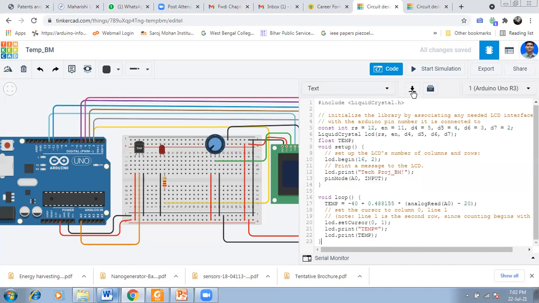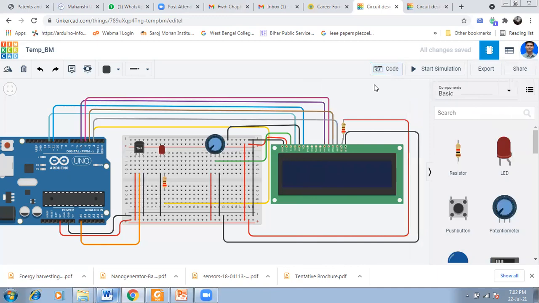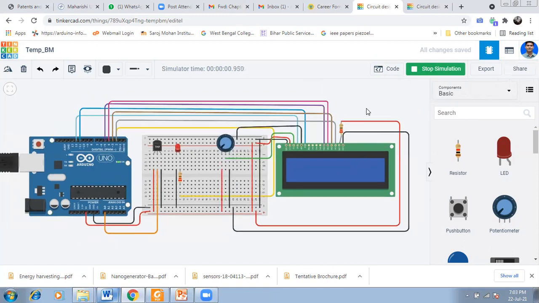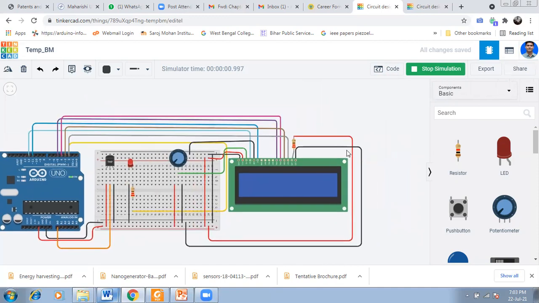Now we'll go for simulation. So start the simulation. Let's see what is actually shown. See, it is already on. Now you have to change this.